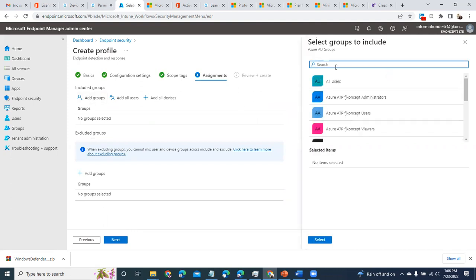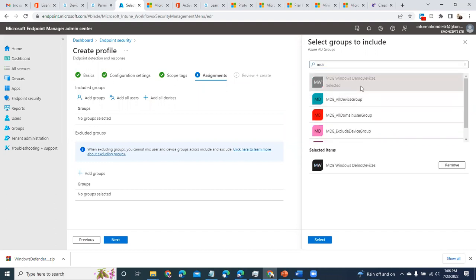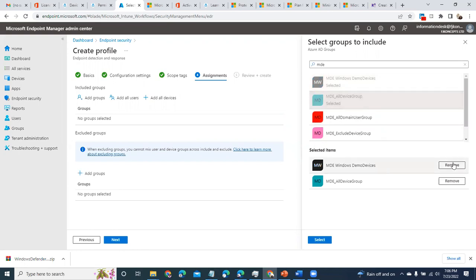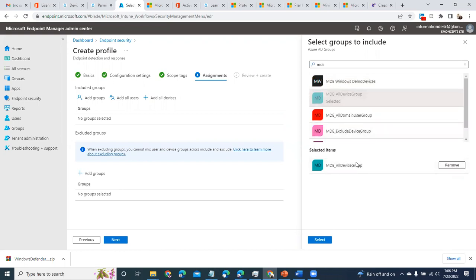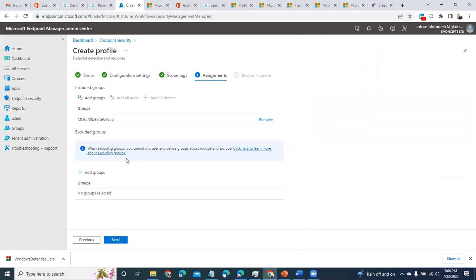So in your organization, if you have IT, executive devices, whatever way you have grouped your devices, you can come here and identify that group. I think I have a group here. I'll just use this group. And then that's it.